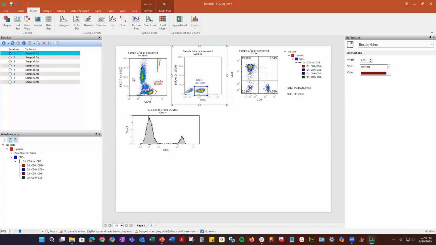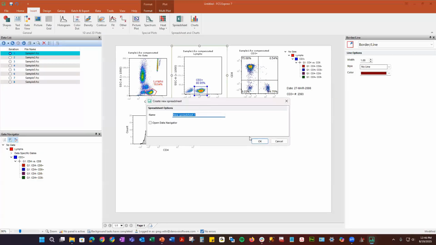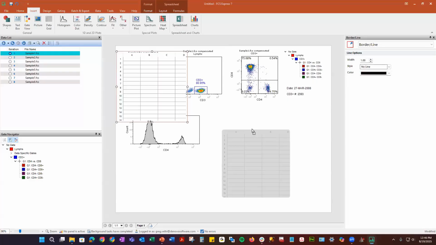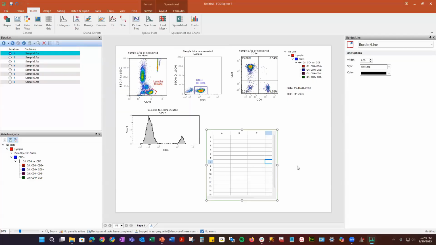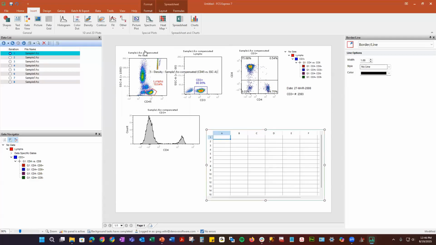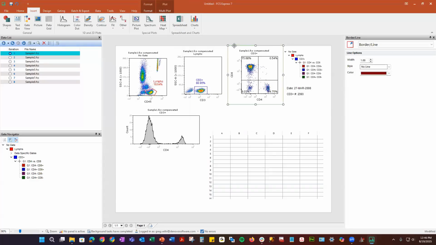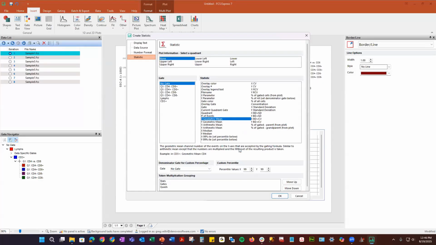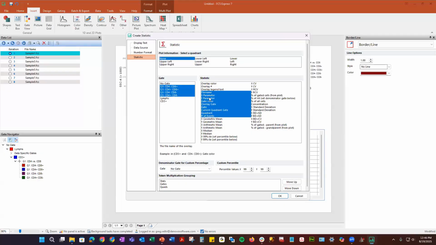Now, another thing that I can do is the spreadsheet that I mentioned. So let's select spreadsheet and click OK. And let's move this over here. Now the spreadsheet, I can do multiple things. I can drag in a plot. So let's select this plot here. I'll drag this right here. I'll click OK. I'm going to use statistical information. I want all 4-quadrant information. I want the file name to be there. I want the number of events. And then I want the percent gated from the plot. And if I click OK,